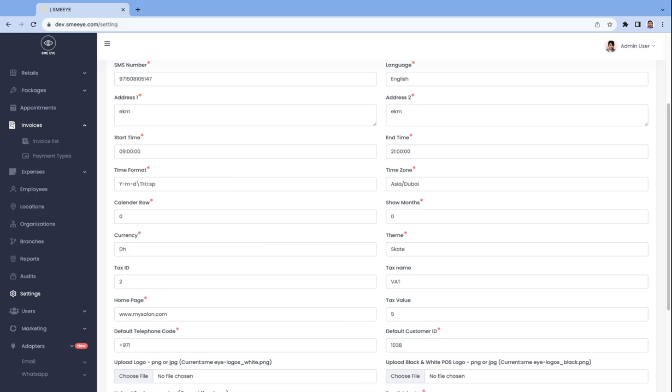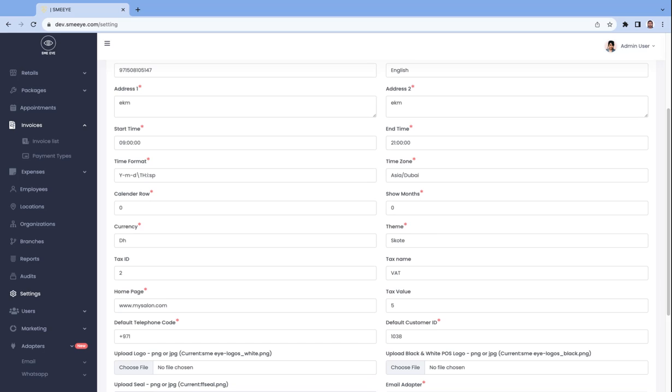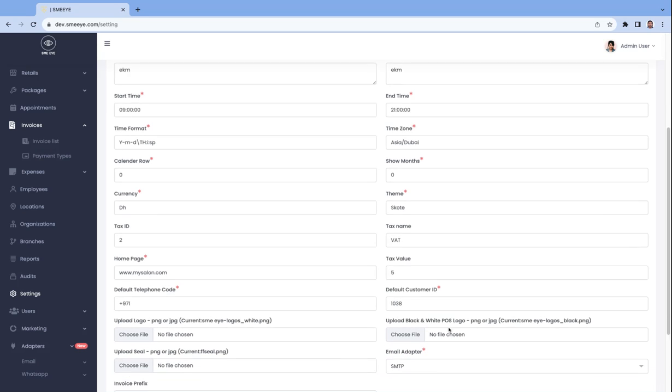One great example would be, just in case you wanted to add a walk-in customer as a default customer with a default mobile number. In this case, that customer ID can be added here as the default customer ID. And one important thing to note: at present, the desktop application requires a default customer ID to be configured. Otherwise, the desktop application won't work. So next is